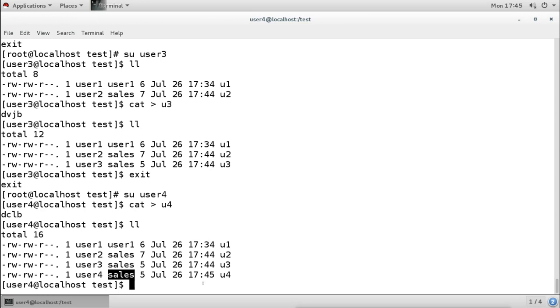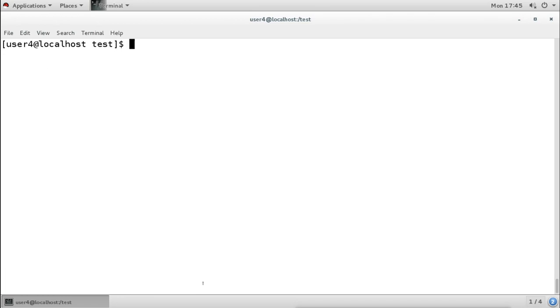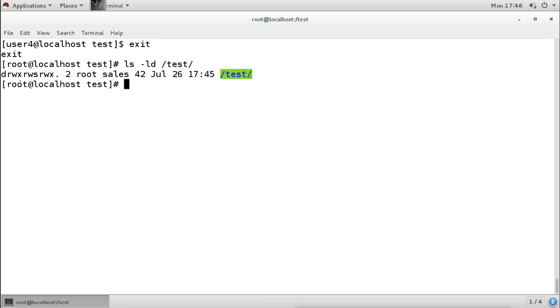Now if we want to enable it symbolically, what do we do? We can see here that under the owner group permission, we'll see S. If we want to do it symbolically, we will do chmod g+s to set the GID symbolically.